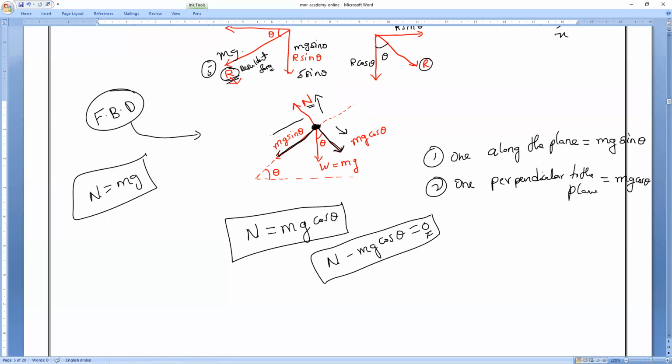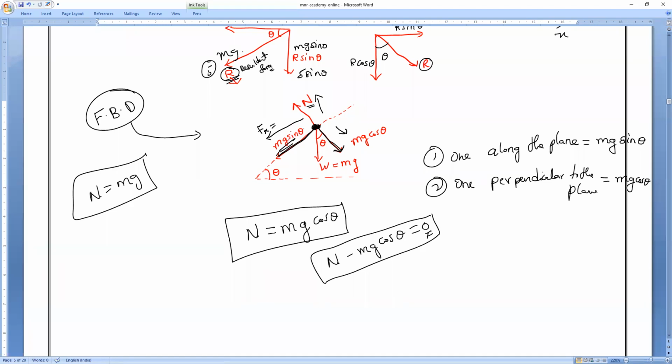The body started sliding. So what is the velocity with which it is sliding? If I want to find that force, the force in the x direction, what is that? Force in the x direction is equal to mg sin theta. That is what you have to remember. Is it okay, guys? Everybody clear?